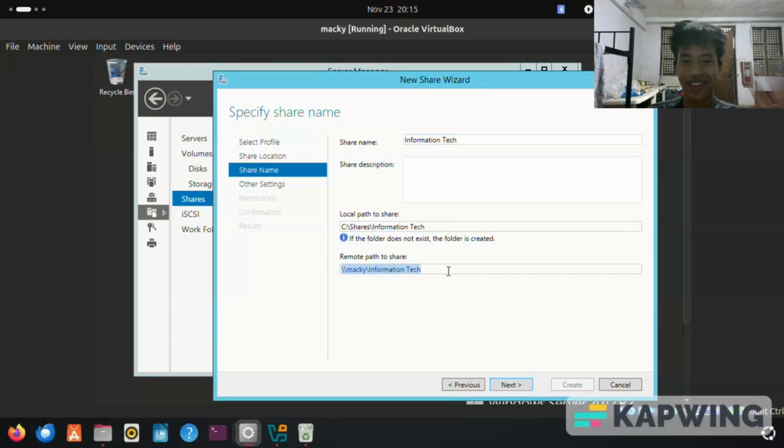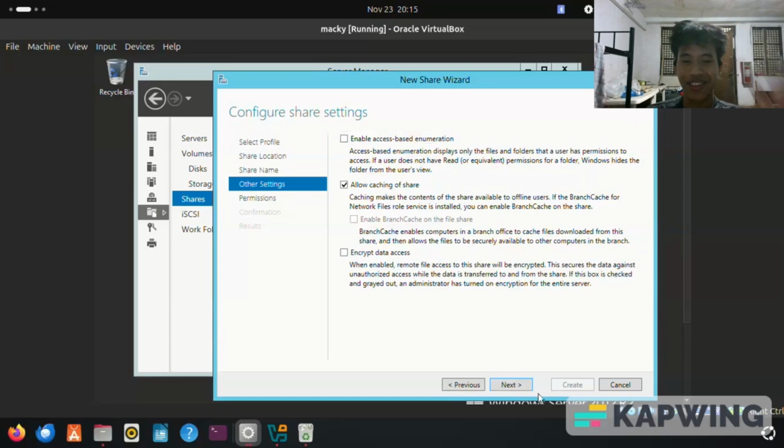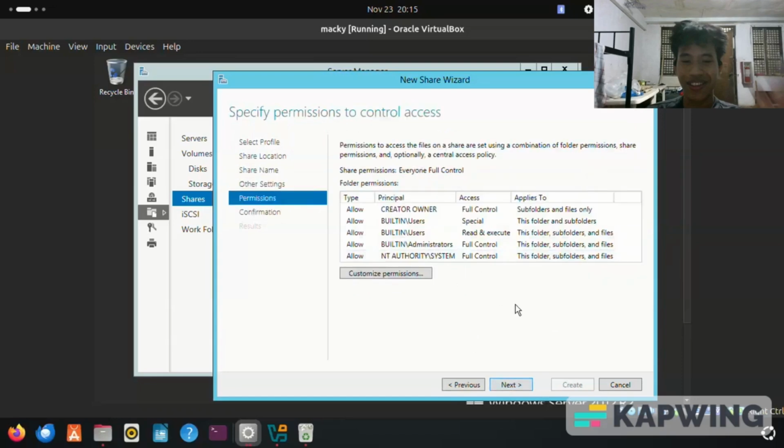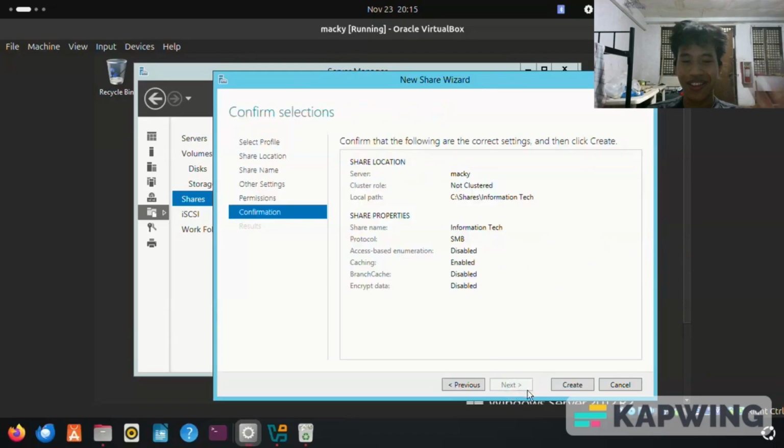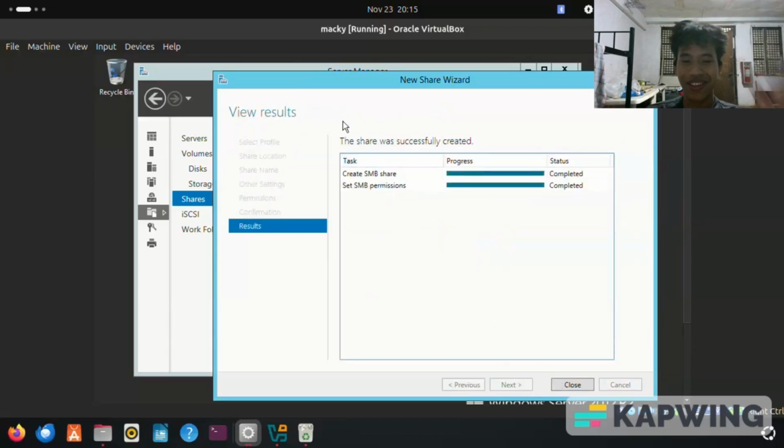We just need to copy this because we need this later on. There is some other restriction that will be shown here, but for now we will choose default and create. And now completed.